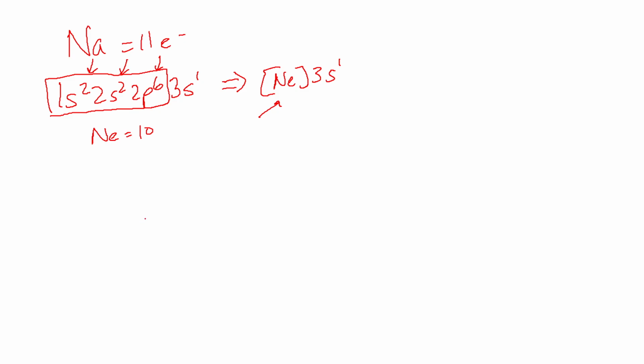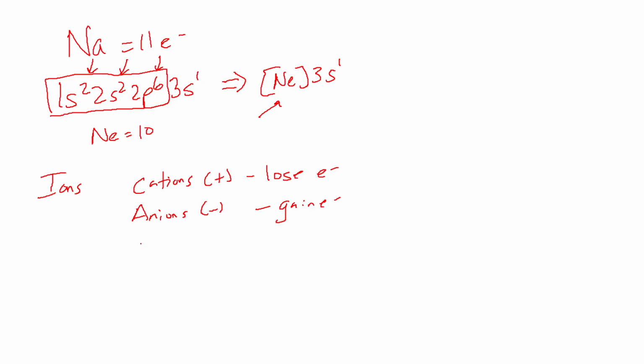One last thing here to wrap up this quick video before we end it on electron configuration is ions. So ions are things with charges. There are cations, which are positively charged, and that's a result of losing electrons. There are anions, which are negatively charged, a result of gaining electrons. And how does that affect electron configuration? Well, when we look at, say, sodium, since we have it up here, sodium is group 1, makes a +1 charge, which means it has lost 1 electron from its neutral state, which means it actually will have only 10